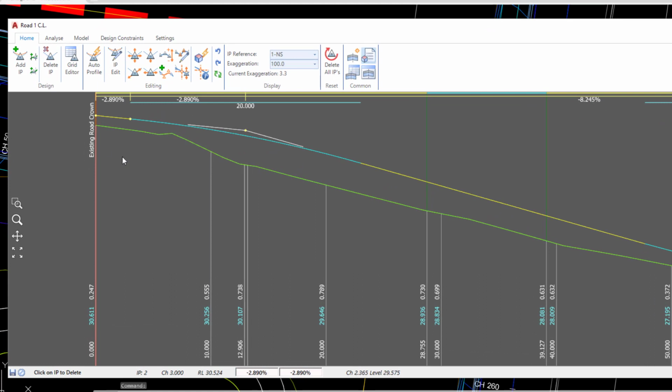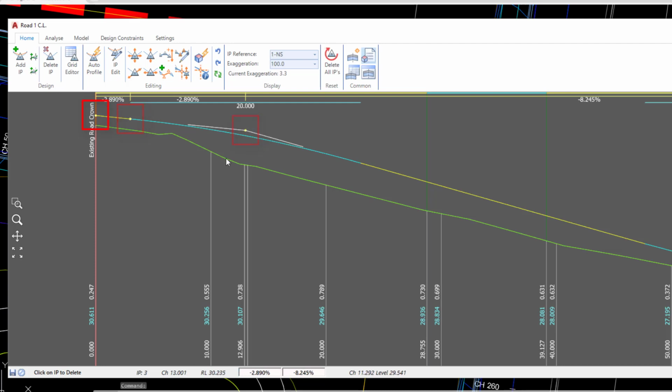Now on screen we've got the vertical grading editor open for basically the start of road 1. And you'll notice that there are 3 IPs. Now initially, before we had this intersection, there would have been just the one, a point that we could have moved absolutely freely as we'd wished. Now we've created an intersection, we have 3 IPs being created, none of which we have direct control over within